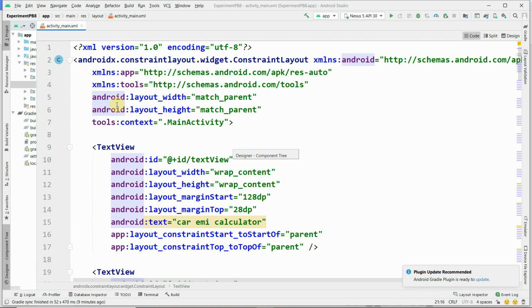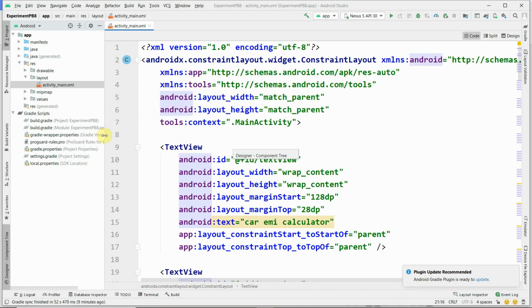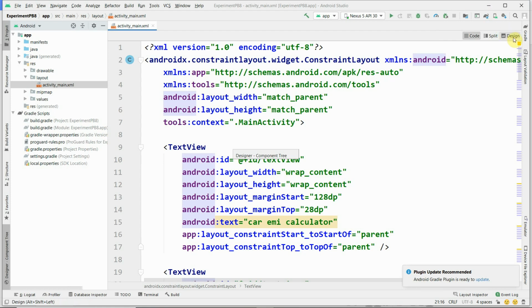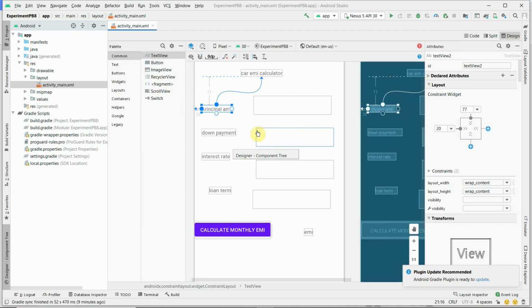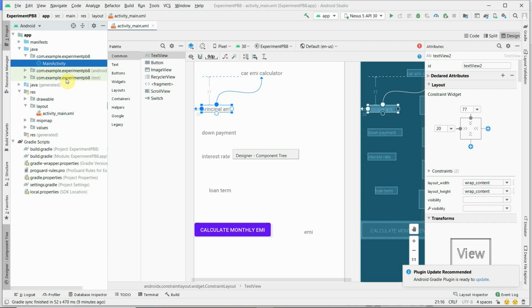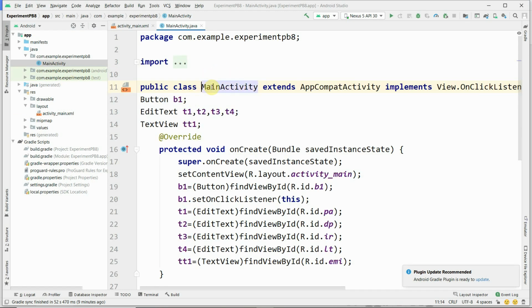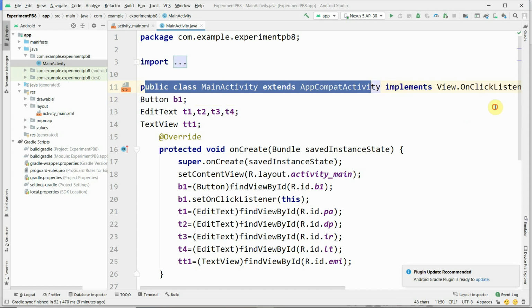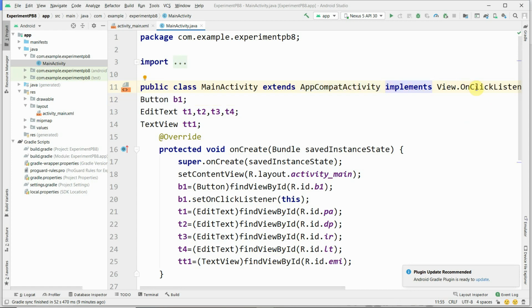Now, if you see the design window, you can see the design, and we will see the code through MainActivity.java. Here, public class MainActivity extends AppCompatActivity is automatically generated when you create the app. You have to implement the onClick listener here by using implements View.OnClickListener.